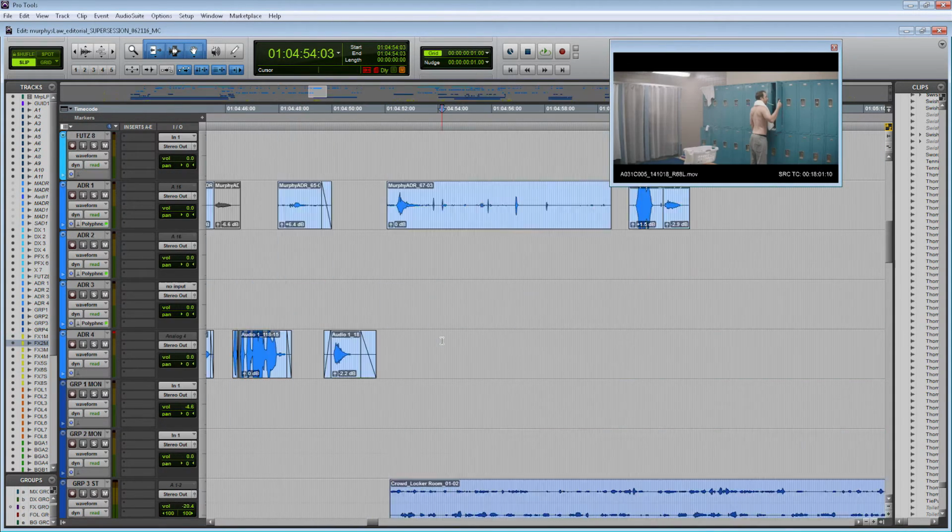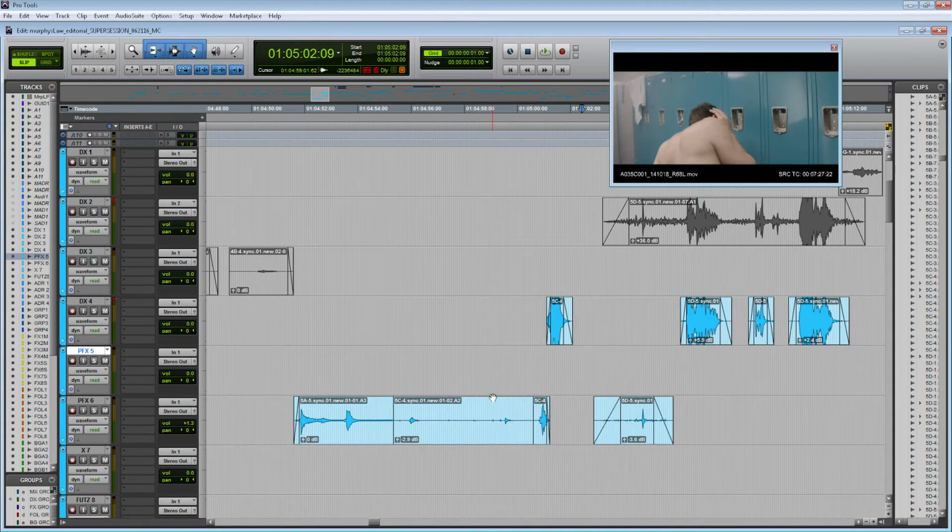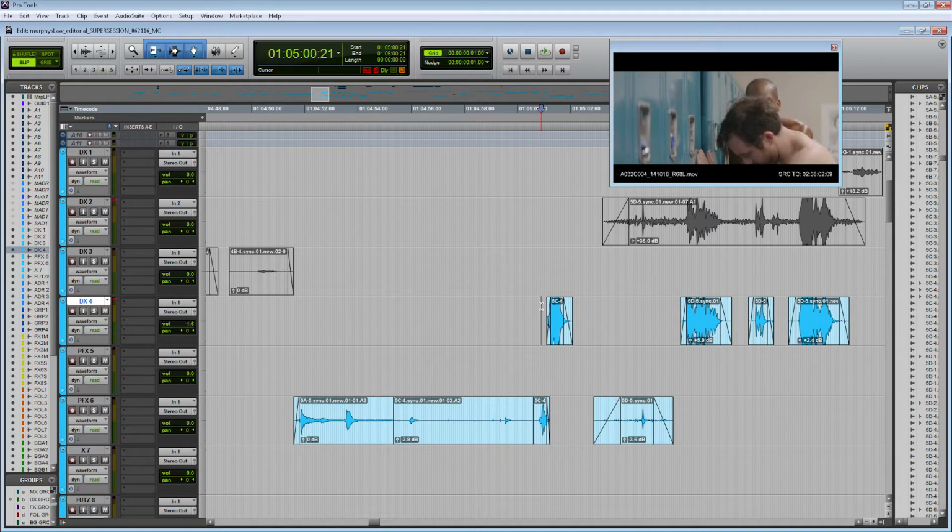All right, so let's talk about panning. Panning is a very subjective topic, like I said. However, there are some conventions that have come about after years and years of mixing audio for film and TV. The first convention is to keep all of your dialogue tracks panned to the very center of the left and right output. One of the reasons we do that is because if the dialogue is panned to the right-hand side like this,